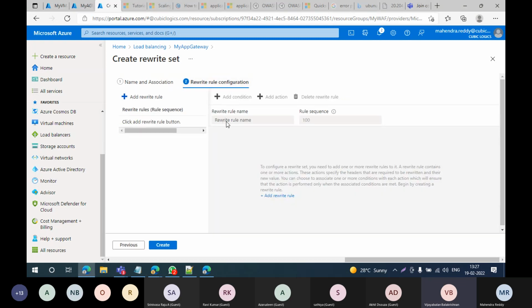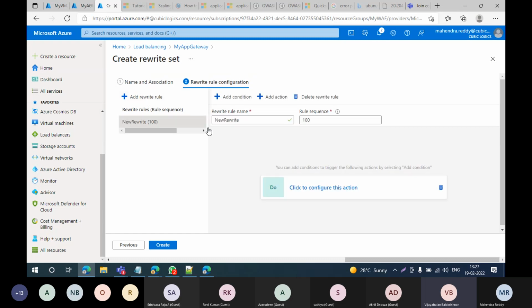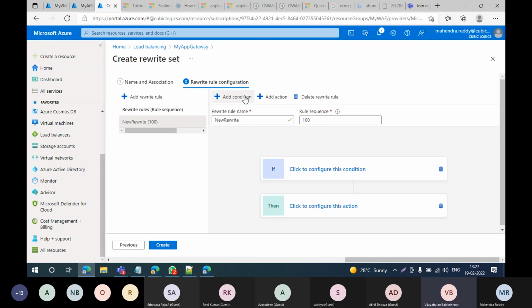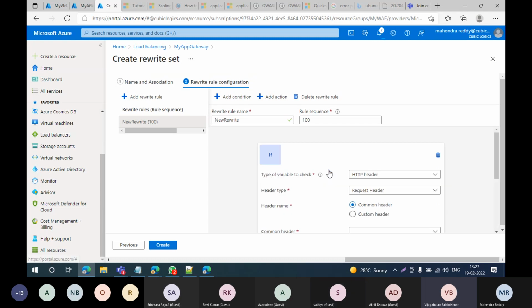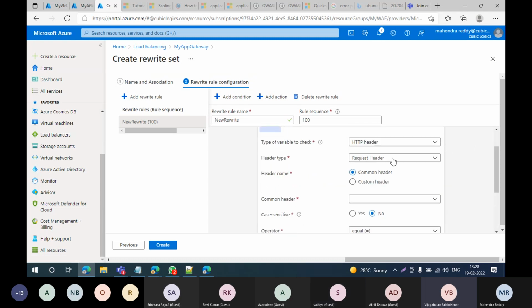Here you need to create a specific rule, add rewrite rule. There is a condition you can create, what kind of rewrite rule you can map it with, because only if this matches will the traffic be rerouted as per the routing policy; otherwise it will be refused. These are all easy ways you can enhance and scale your security.